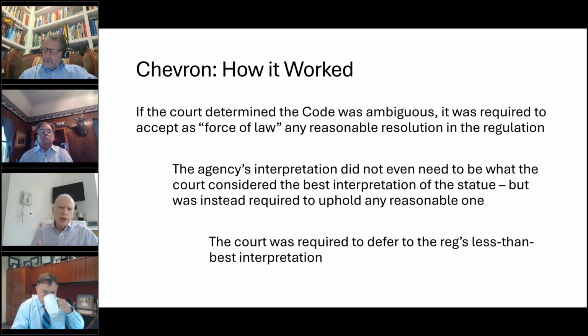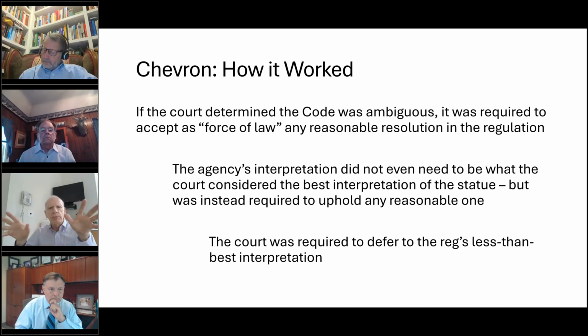If the court determined it was not ambiguous, that it was unambiguous, that was the end of the matter. The IRS could not interpret its way around it, could not issue a regulation changing the unambiguous meaning of the statute. And that makes, I think, constitutional sense. The agency sits in the executive branch. The agency does not have the authority to rewrite unambiguous statutes passed by Congress. That's Congress's job under Article 1. The agency sits under Article 2. It doesn't have the power to do that. So if the statute was unambiguous, end of subject. That was step one of Chevron.